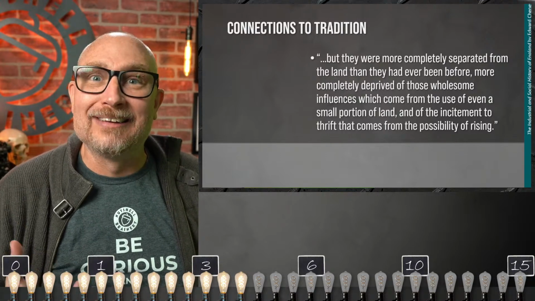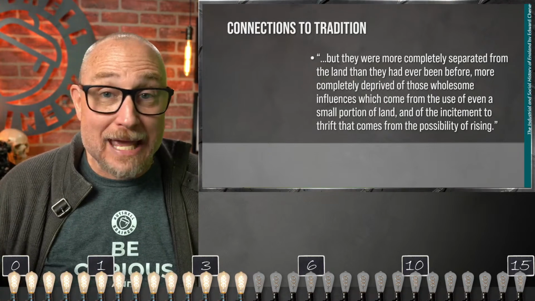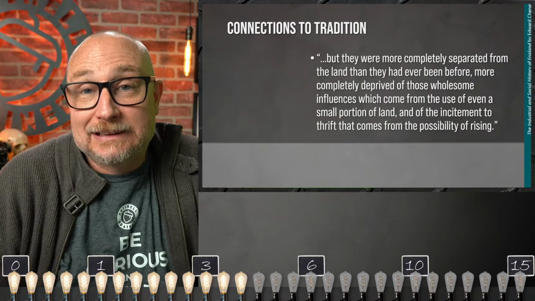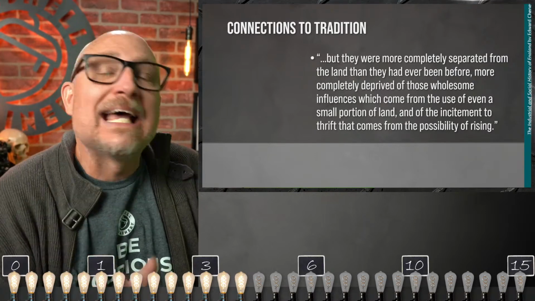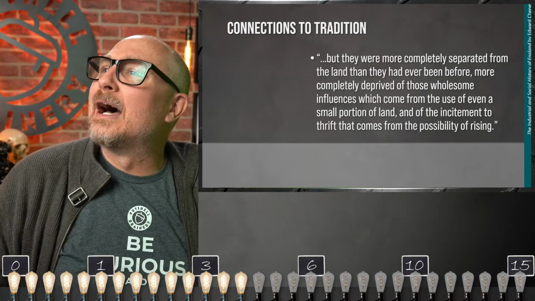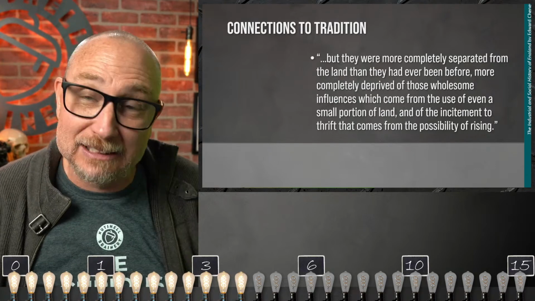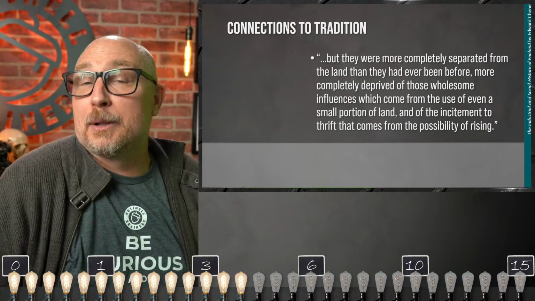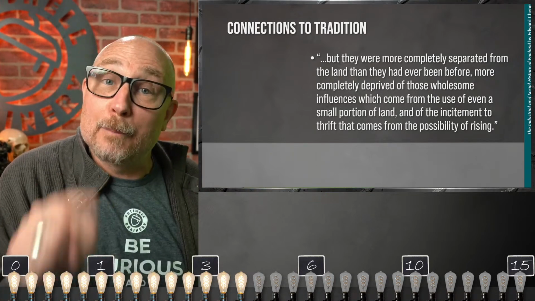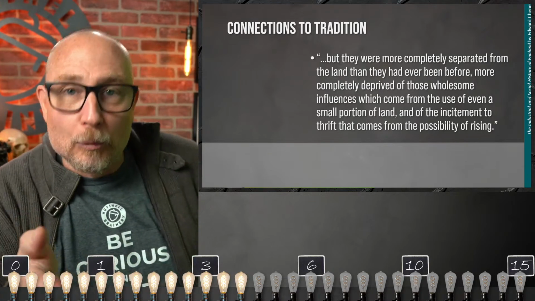Because it's your land, it's your work. You get to make all the decisions. You have to pay all the prices, but you also reap all the benefits. And if you find a better way of doing something, the possibility, the incitement to thrift that comes from possibility of rising, if you find a better way to do things, if you are efficient, you get the benefit. You get the possibility of rising. Right now, where you are,